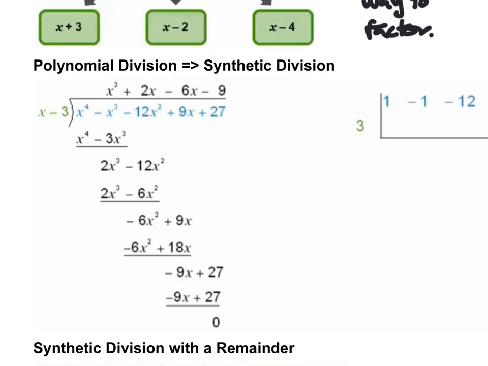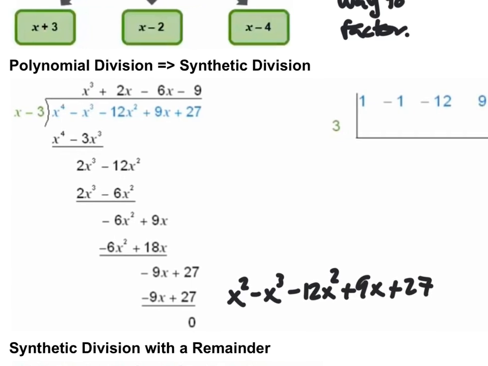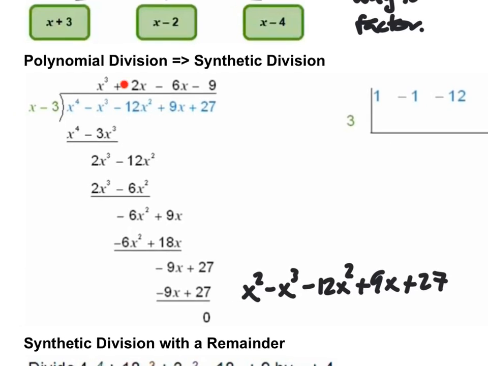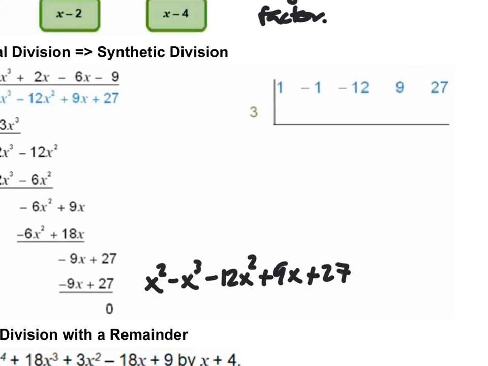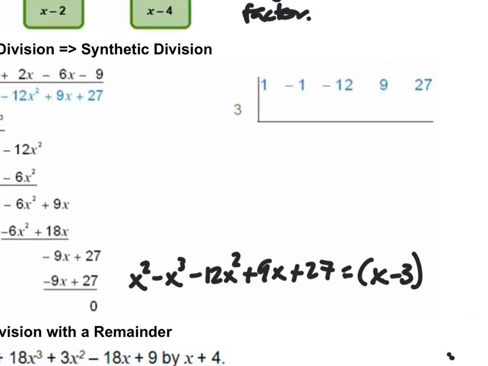what you end up finding is that if you take your dividend, which is x to the fourth minus x cubed minus 12x squared plus 9x plus 27, that is equivalent to me taking the quotient times the divisor. So I would say that would be something like this: x minus 3 times x cubed plus 2x